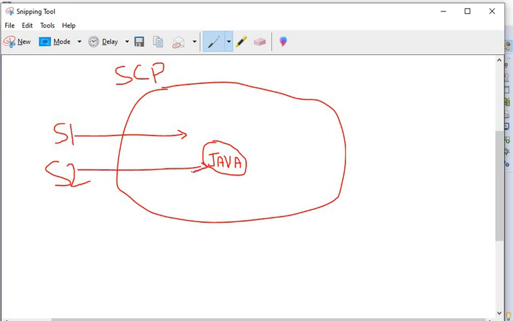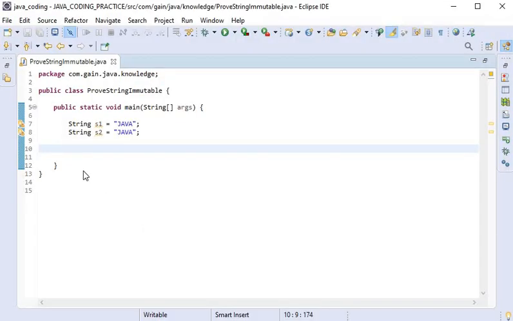Both are pointing to the same object, which means both have the same content.